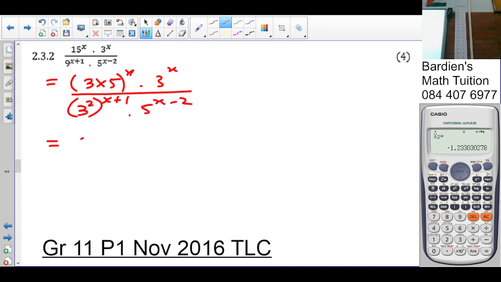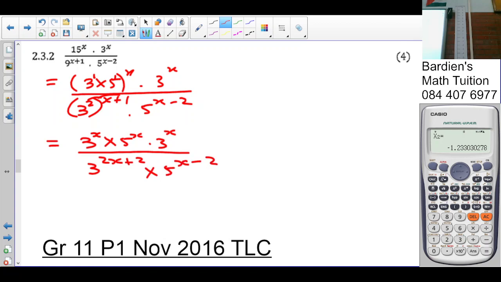Here at the brackets, there's a 1 on each, so it's going to be 1 times x is x, times 5 to the x times 3 to the x, all over. We multiply that exponent, so it's 3 to the 2x plus 2 times 5 to the x minus 2. When we're multiplying and bases are the same, we add the powers. When we divide, we subtract the exponents. So it's 3 to the x plus x minus 2x minus 2,